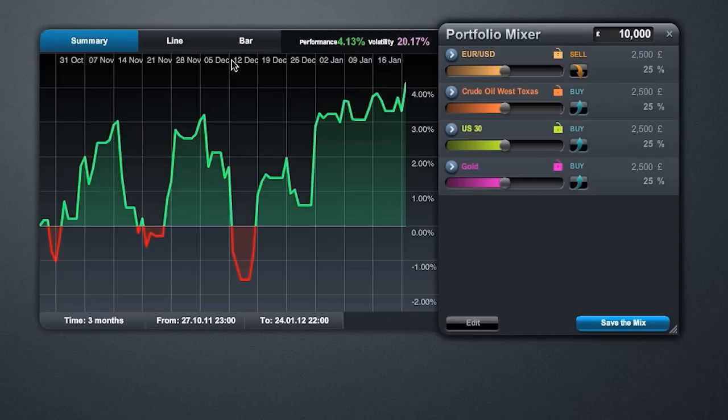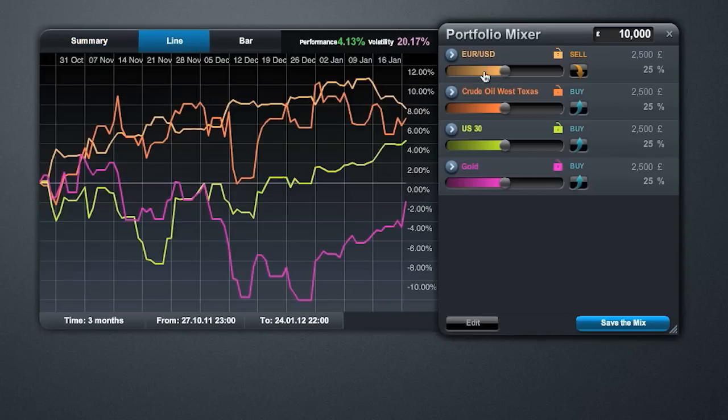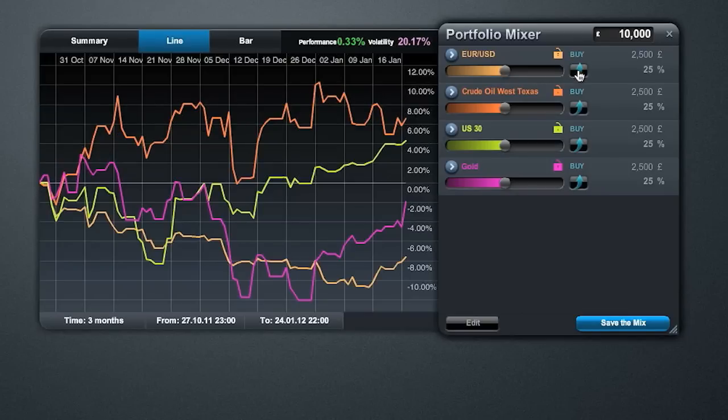There's two ways of doing this. First of all, you can use a line graph, which highlights how each of them have done over the last few months. In this particular case, I've used a 3-month time frame. Over the last 3 months, crude oil has outperformed quite significantly and been the strongest of the group. The US 30 started out fairly slow but has improved over time. Gold started out reasonably strong but had weakened through the middle of this period and then has started to strengthen again of late. And finally, the euro has generally underperformed through most of this period.